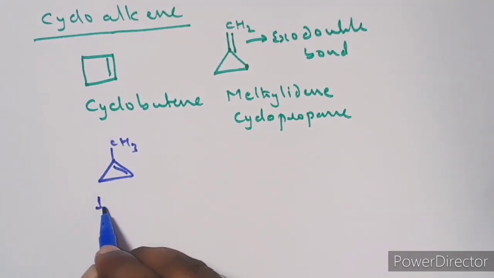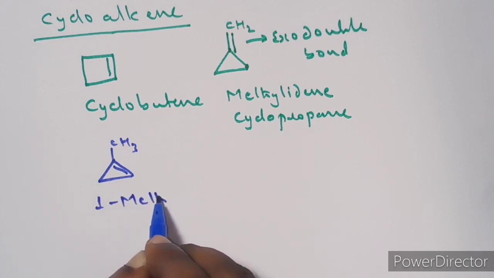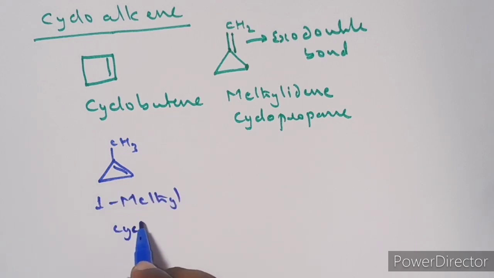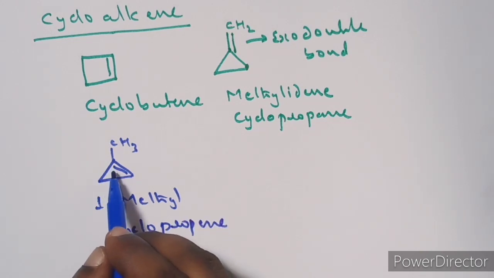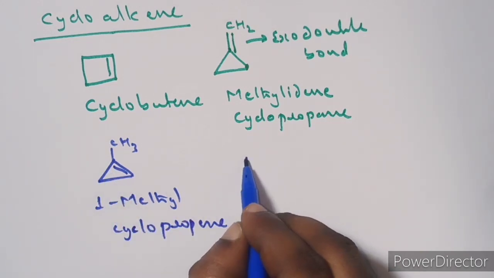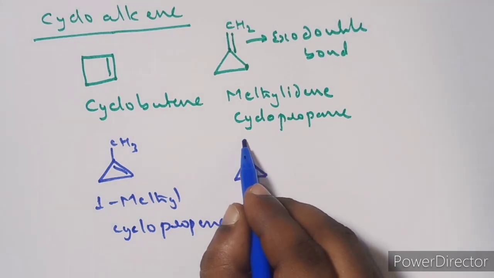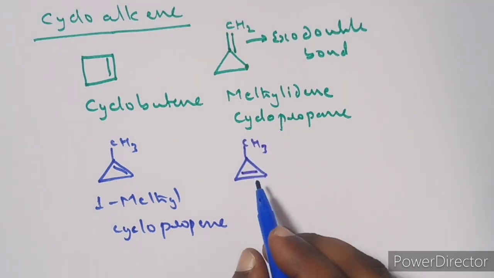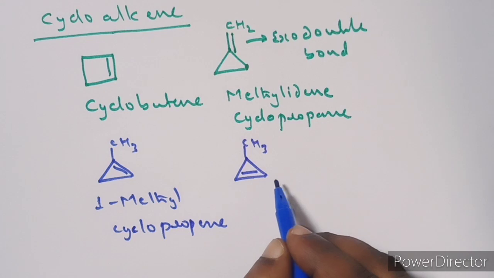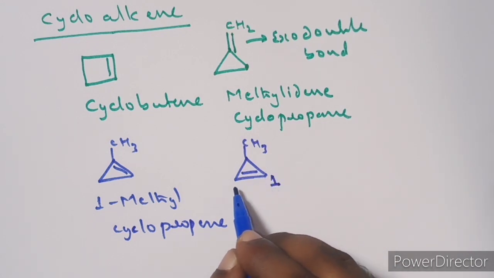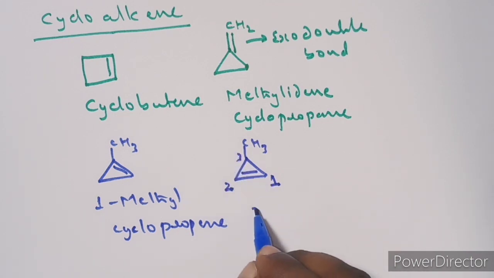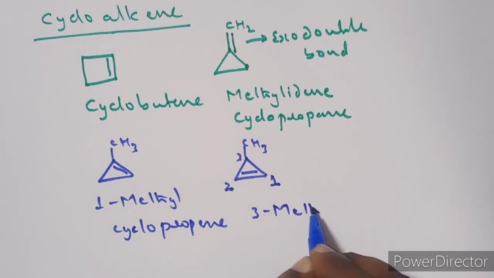Now this is called 1-methyl cyclopropene. Okay, and now change the position of the double bond or methyl group, anything you can do. So here the methyl group is here, now the double bond I am writing here. Now numbering should be from the alkene only, and remember whenever giving the first number to one double bond carbon, continue the second number to the other double bond carbon. So double bonded carbons should get continuous numbers, and this will be the third. So this is called 3-methyl cyclopropene.